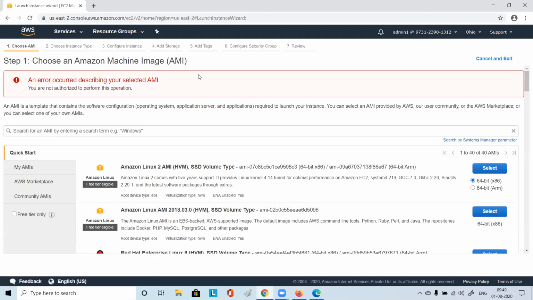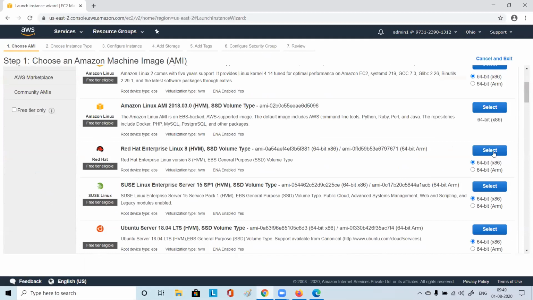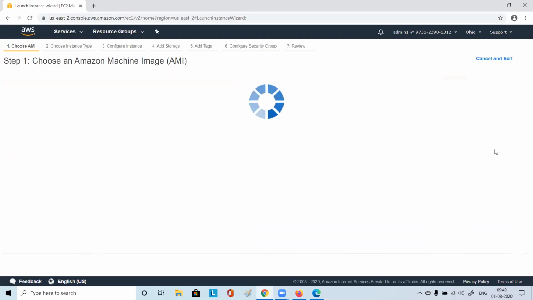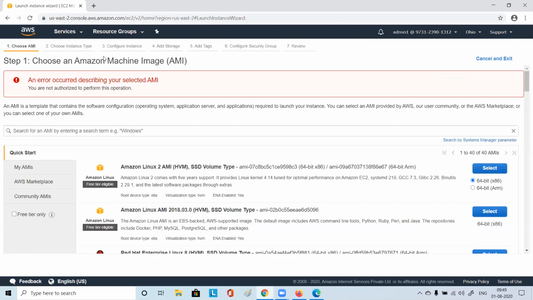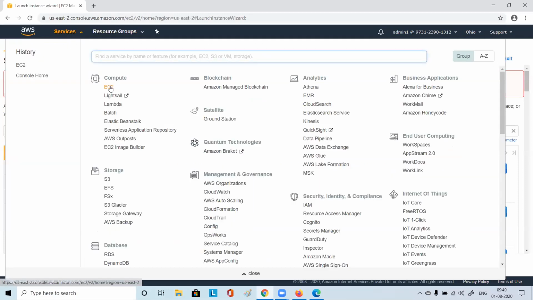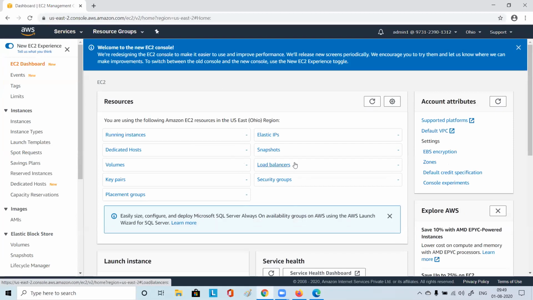Oh, an error occurred describing your selected AMI. Choose some Red Hat or something. No. So you can see here, the user does not have any authorization. Authentication has passed, but the user cannot see anything here. Nothing is there.